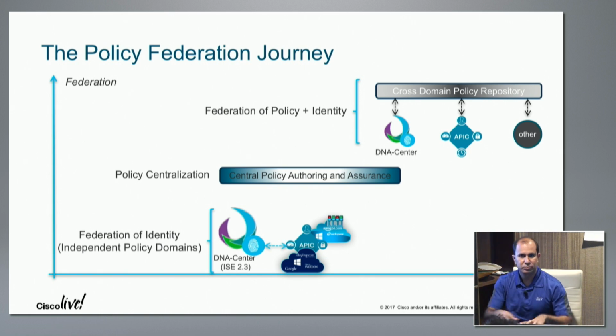I can actually orchestrate this. So if I have an orchestrator that can talk to both domains, then I can basically drive through APIs the behavior that I want on either side and make it consistent. They're still independent domains, but I'm driving it from a central orchestrator, right? So this is the intermediate step until we get to a place where it doesn't matter where you author the policy from, you would actually be able to make sure that it is consistent across, which is a true